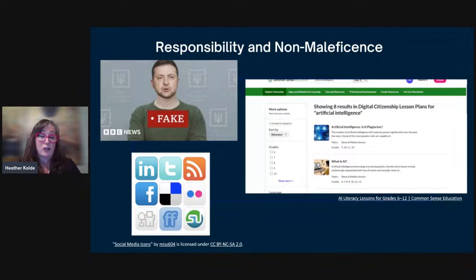For example, the potential for translation into native languages with the original actors, or those are things that may be beneficial. But thinking about what good could come out of this potential technology, I think is another way we can incorporate the AI, and really thinking about this with our students.